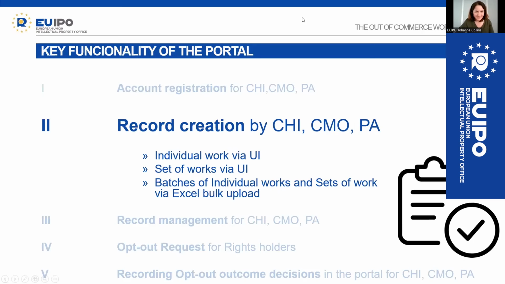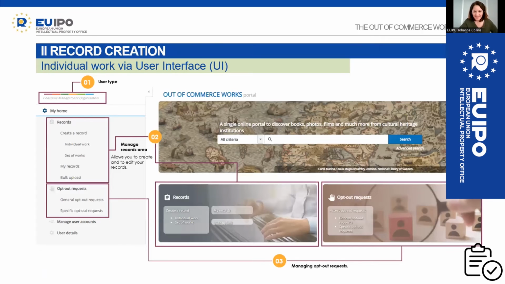Thanks, Gita. So let's get into record creation, which is really the sustenance of the portal. After we've gone through the login process, when an organization wants to add records, they simply log in, and there's a navigation bar on the left side of the screen, and there you have the option to create a record right through the user interface,